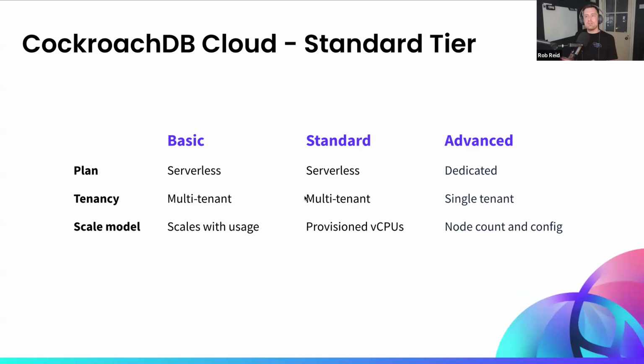Thank you. So the first entry in our new release list is the CockroachDB standard tier, which is a bridge between our existing basic and advanced tiers. It offers customers who need provisioned capacity the guarantees that they might require in terms of throughput per second, etc., but they might not require the dedicated hardware that advanced provides. So it sits somewhere in the middle, and it comes with a bunch of features, security features and otherwise, that aren't available in the basic package. And standard, as an aside, provides a compelling price performance cost efficiency over dedicated hardware, which we'll explore now.